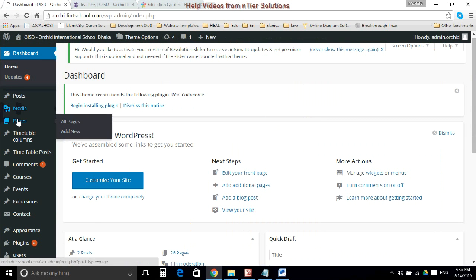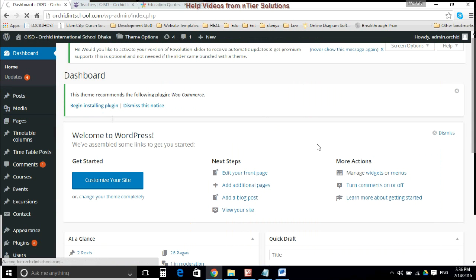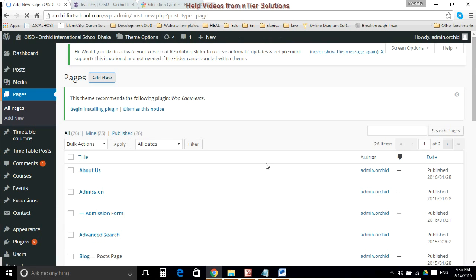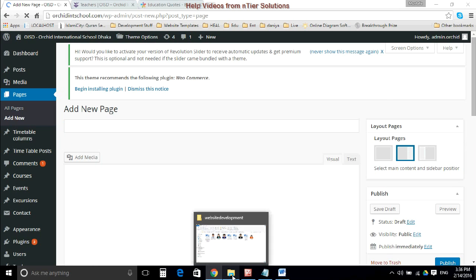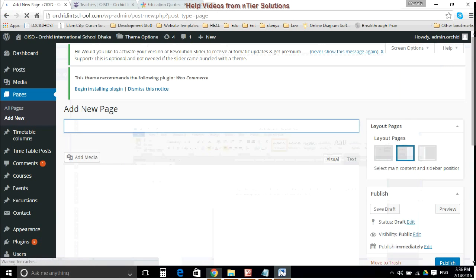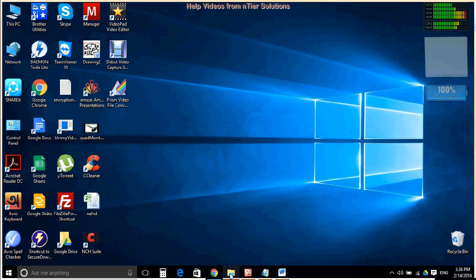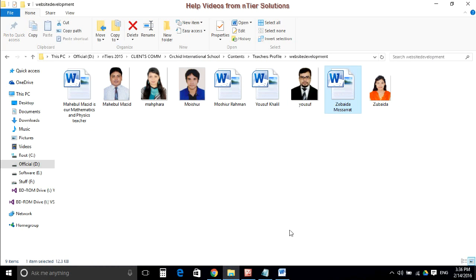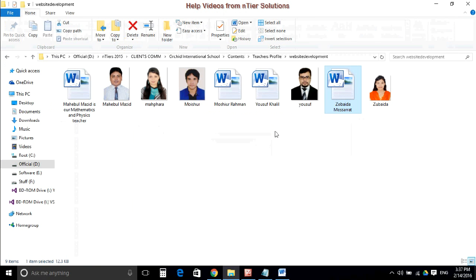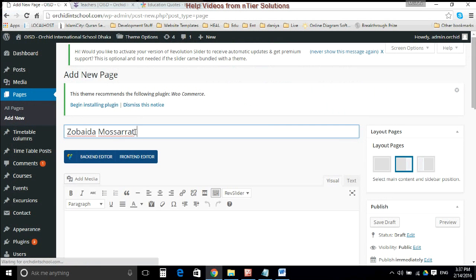First step is adding a new teacher, the page. So you go to all pages, it is add new. In this particular example, we will be adding Ms. Zubaida. So let us write her name, and before you add a new teacher, please make sure that her image and a text description is saved somewhere in your hard drive, so that the contents can be easily and quickly inputted whenever it's required. So this is basically a name. We will just take a name for the time being and give it the name of the page.